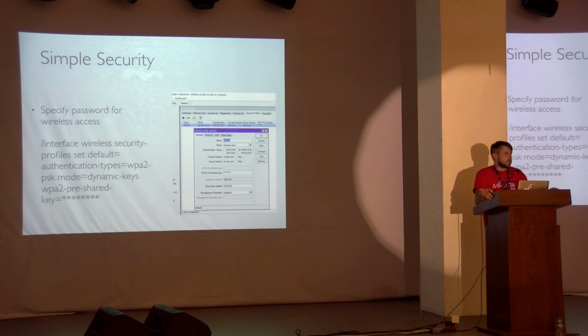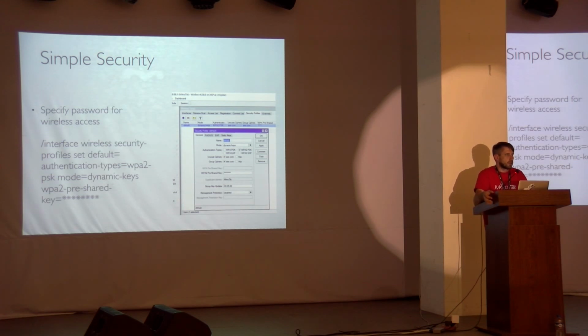The next step for the security is setting wireless password, or so-called WPA2 pre-shared key. It is actual for wireless routers. When you have wireless router, we suggest that you set that security key, because it will help you in both ways. First, it will be a password for your wireless network.